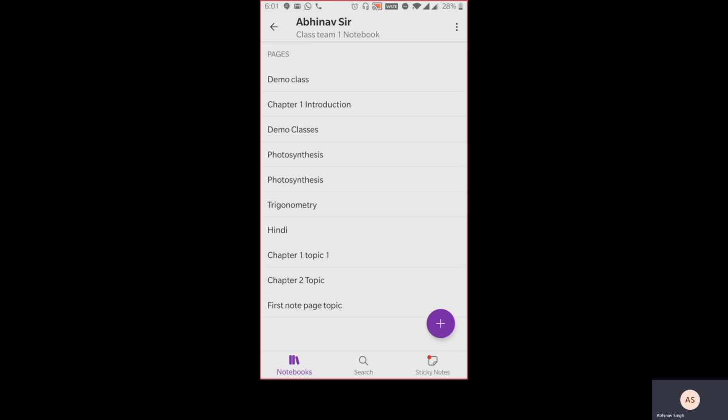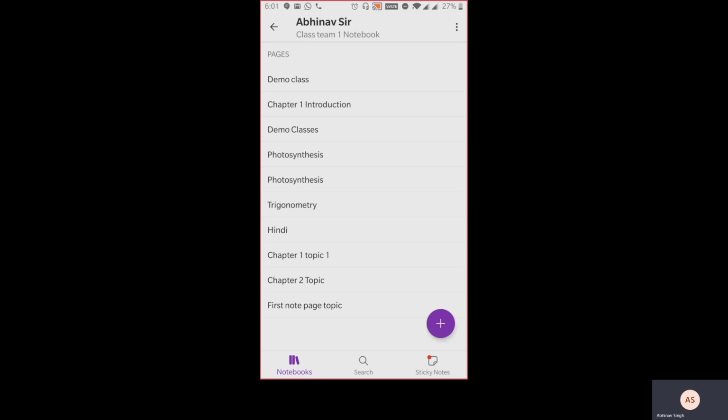This is why we recommend our teachers to create your notes in your work notebook. Once you're happy with the page and a topic is ready to be seen by students, then you just go ahead and move that page to the respective class notebook. This gives you some buffer as a teacher, because at times you may be busy and not be able to create or finish the notes on the same day. In that case, you can continue working on your notes in your own work notebook, which is not shared with anybody, and then you decide to move that particular page only.